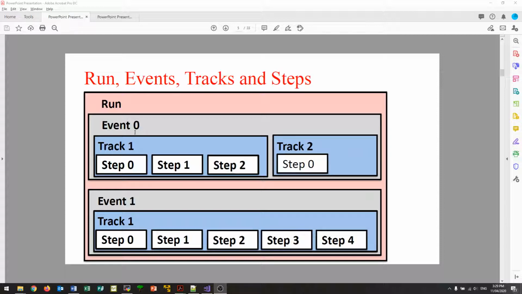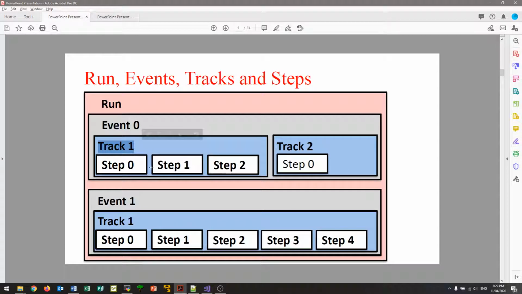And then events are made up of tracks, and one track consists of the history or the tracking of one particle, and tracks are then made up of steps, and steps consist of either where a particle has a physical interaction or a process, or when a geometry boundary